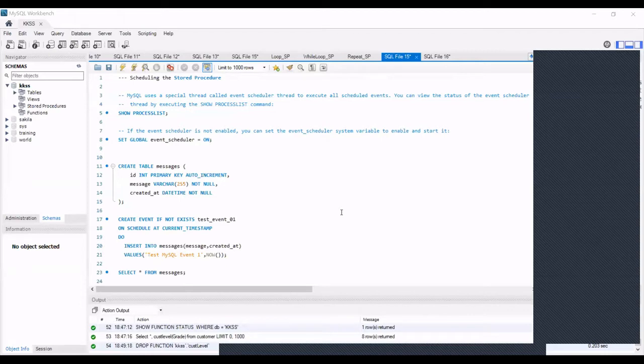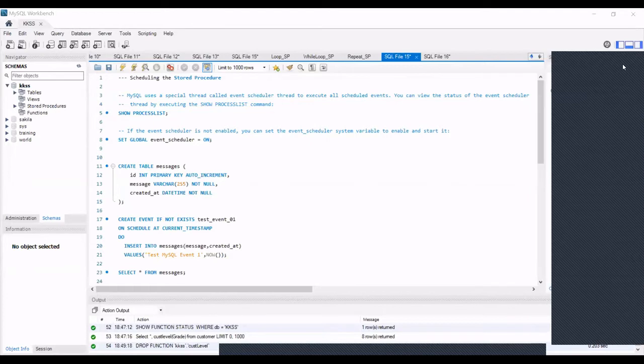Go through the scheduling of a stored procedure. For that, we'll use what we call an event. To schedule anything, we just use a special function called an event. For that, what we do first is set up that the event scheduler is on in the system or